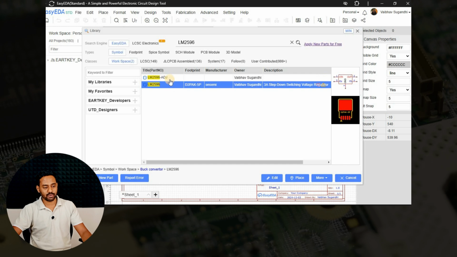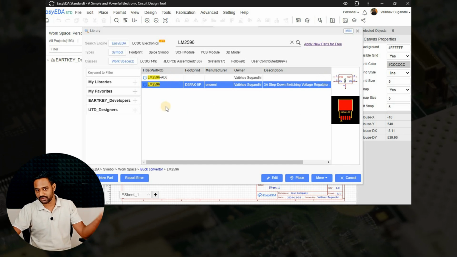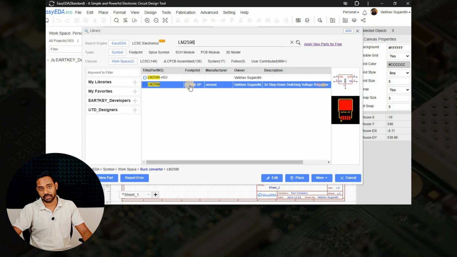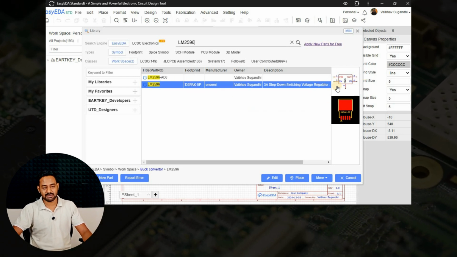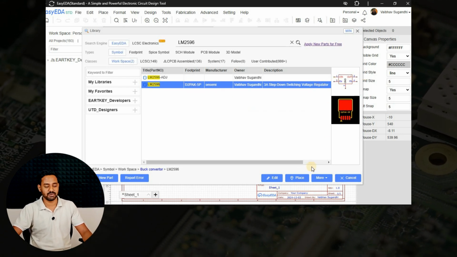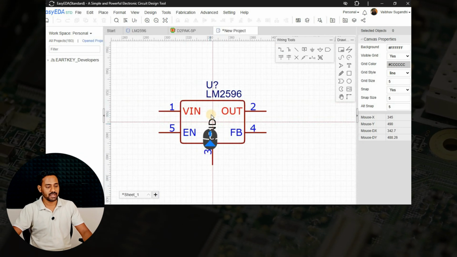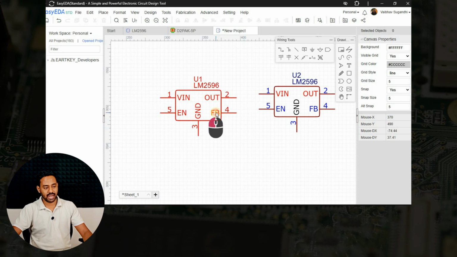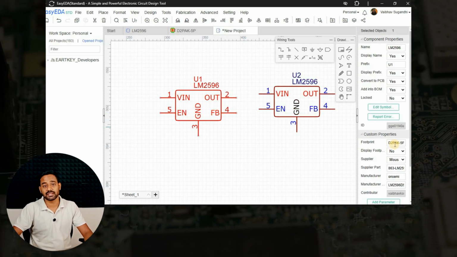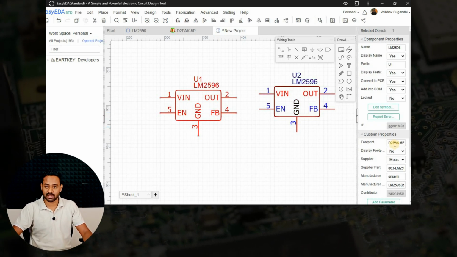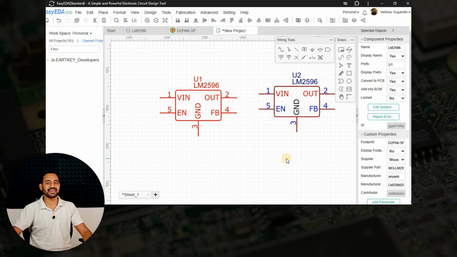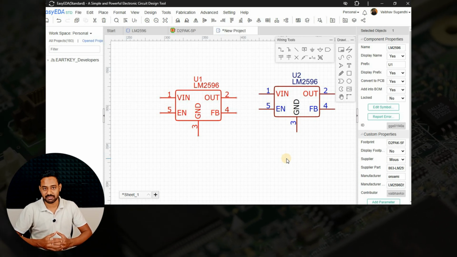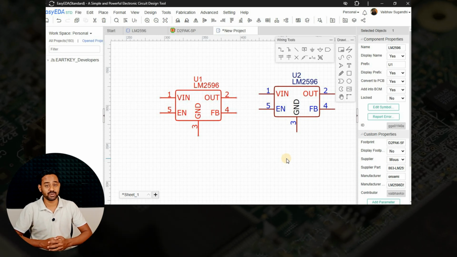There I can see both options are visible. First one is the old one which I designed long back, and the recent one is LM2596 with a D2PAK 5-pin lead. And you can see the schematic symbol and PCB footprint visible to us. If I click on place option, you can see that it is available for using for the design activity. And whenever I select that, you can also see that the footprint is also attached along with. This is how you can create a schematic symbol and PCB footprint, indeed a complete component library for 3 ampere switching voltage regulator